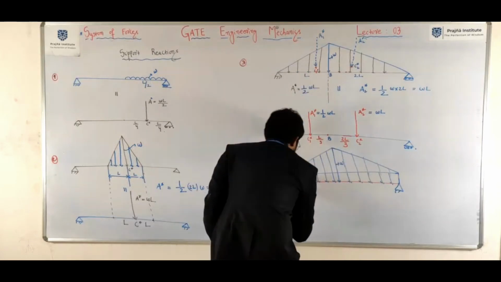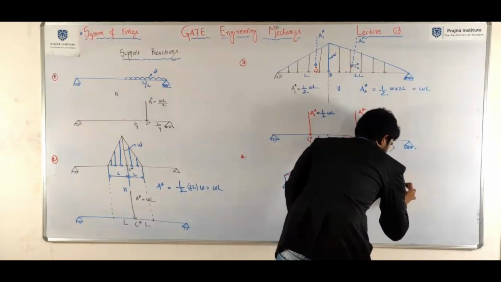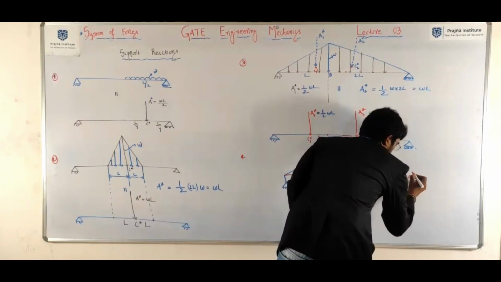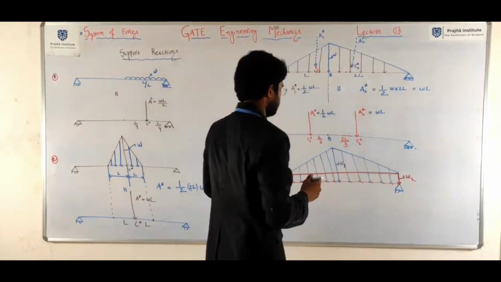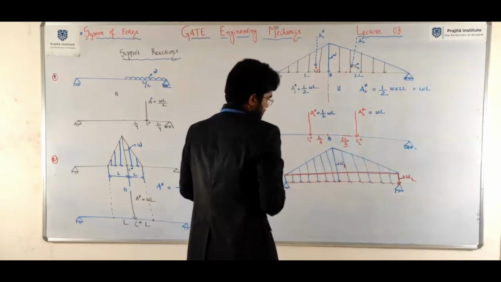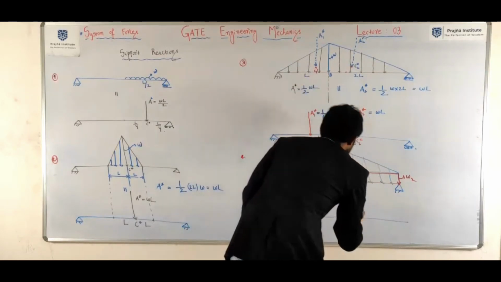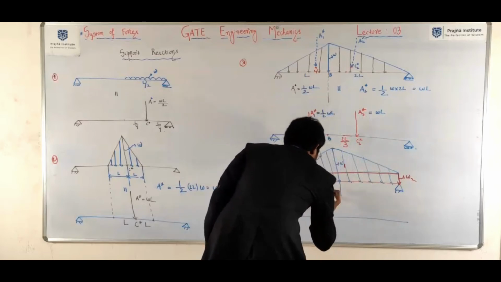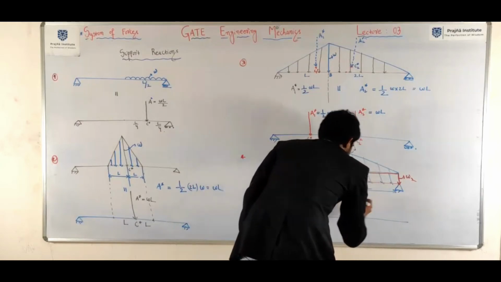Now, here, from here to here is W2. W2, it is W1. Okay. We need to separate two things now. Now, from here to here it is L. From here to here it is L.